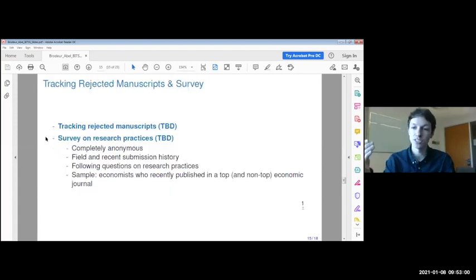These papers that are rejected, do they end up published somewhere? And papers that don't reject the null hypothesis, are they less likely to end up published in other journals, let's say lower-ranked journals? So this is something we're doing right now, trying to track these manuscripts. Because if they all end up published anyway, then there's really not much publication bias at all. But there's a belief that there's a lot of publication bias, which affects the behavior of researchers. But actually, based on this journal, we don't find much here.